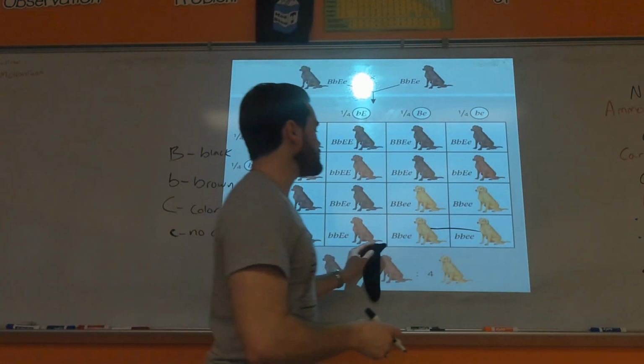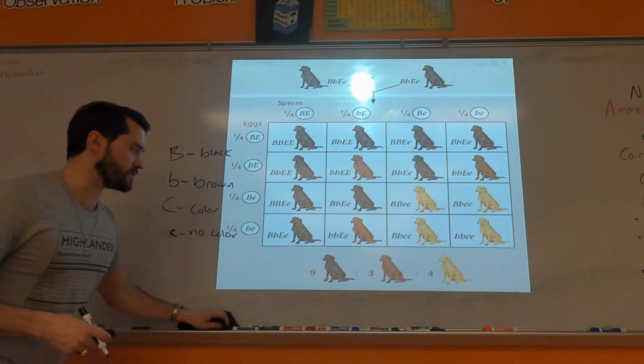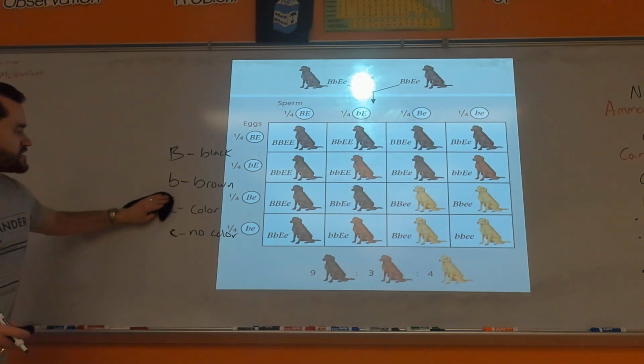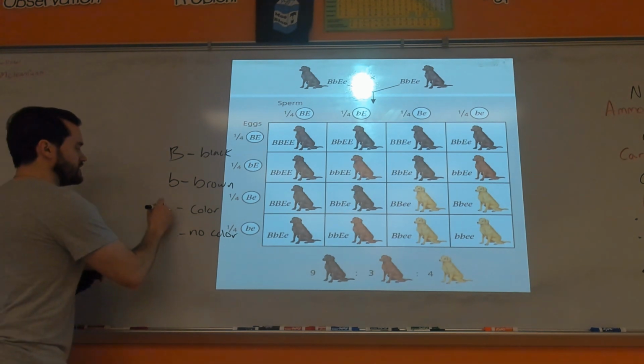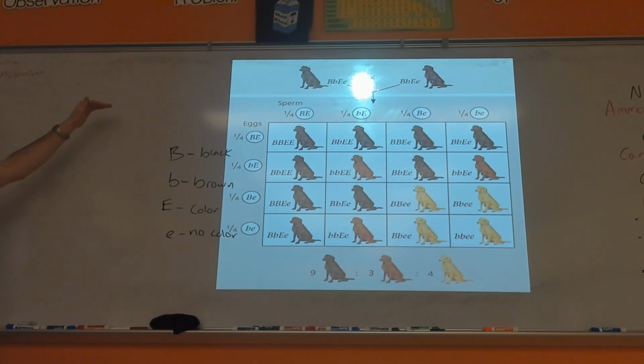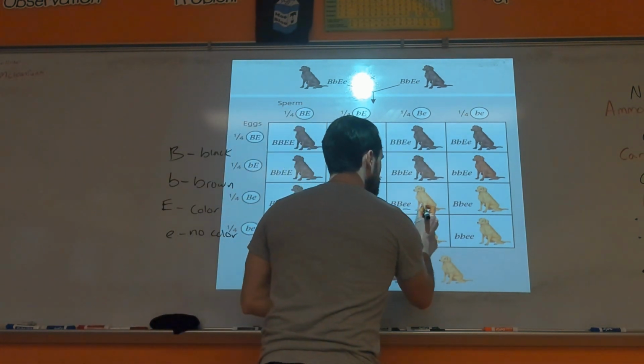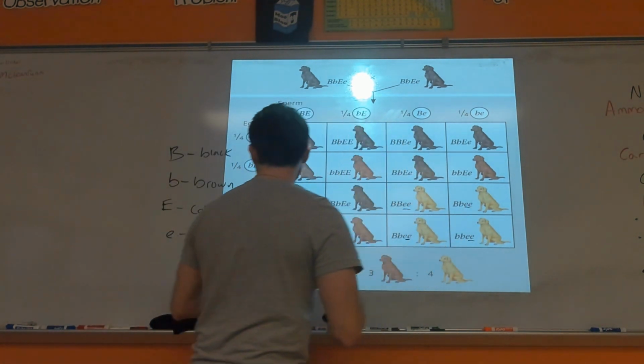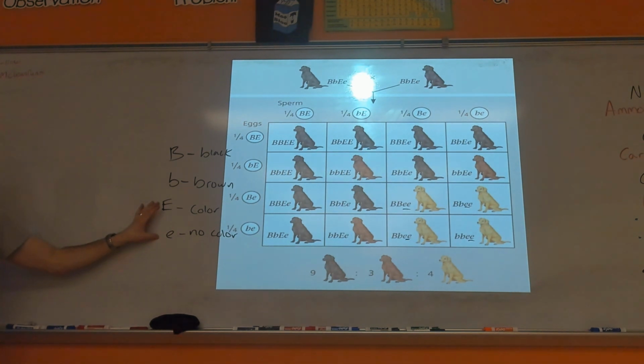So what's going on here is, let's say you take two black labs and you breed them together, and they switch the letters on us. They're using capital E for color now and lowercase e for no color. So here, if you were to do a dihybrid cross of these two black labs, they're heterozygous for both those traits. What happens is, if you look at this bottom right-hand corner, you could get two lowercase e's. In other words, at that gene that controls the deposition of the pigment, so that the pigment actually sticks onto the hair, if you're homozygous recessive for the no color pigment, you will appear